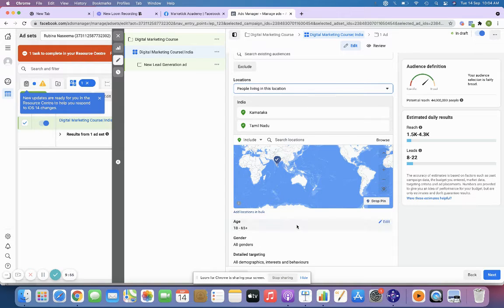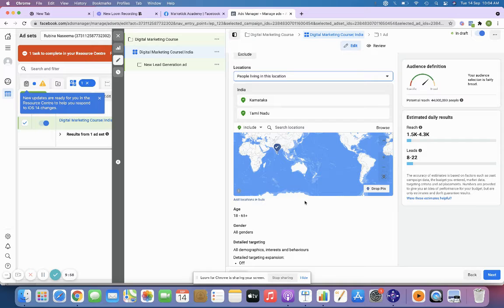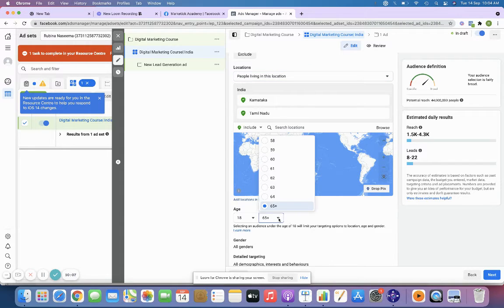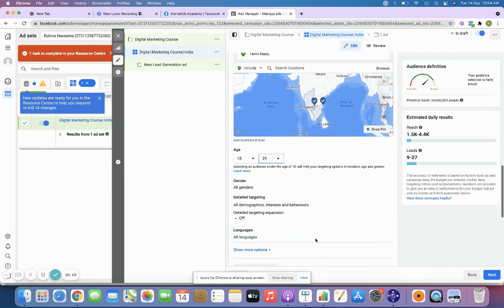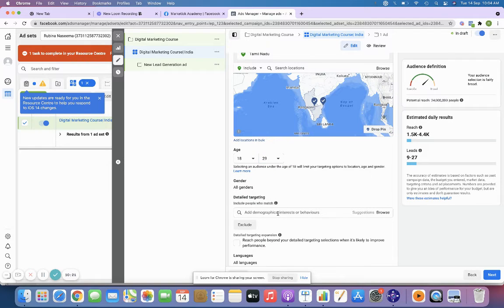And the age, so you need to figure out which particular age I am going to target, right? Whether it is 18 to 25, or which category of people you're planning to target. So my audience, say I'm just going to target from 18 to 29, and I'm just going to target people who are currently maybe in a job or something.